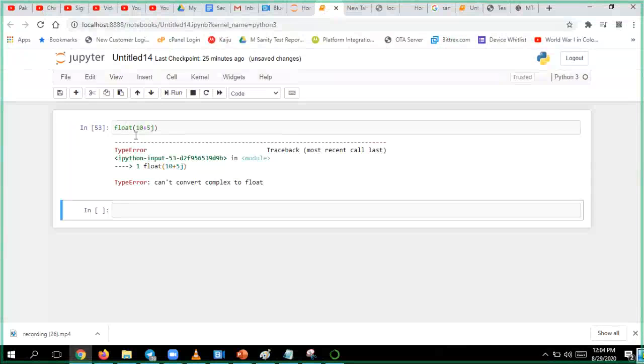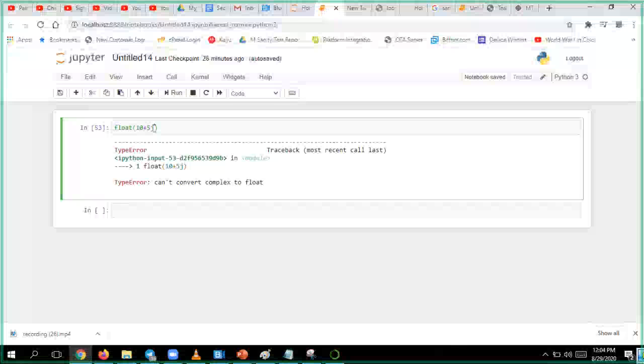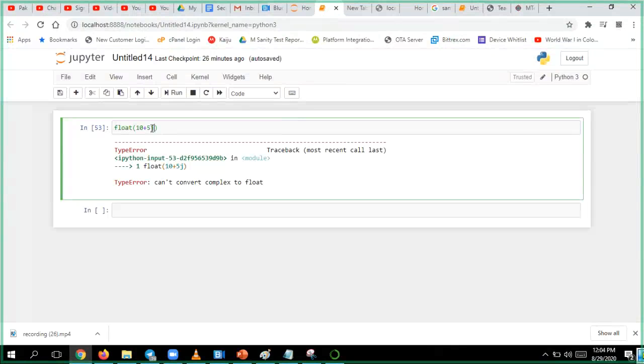So what it said is, you can never convert a complex value directly into float. But you can convert some other data type into complex. But converting this complex value into integer or float is not possible.